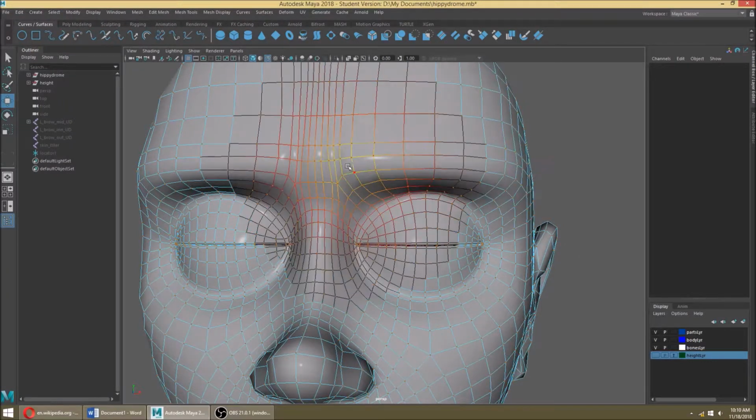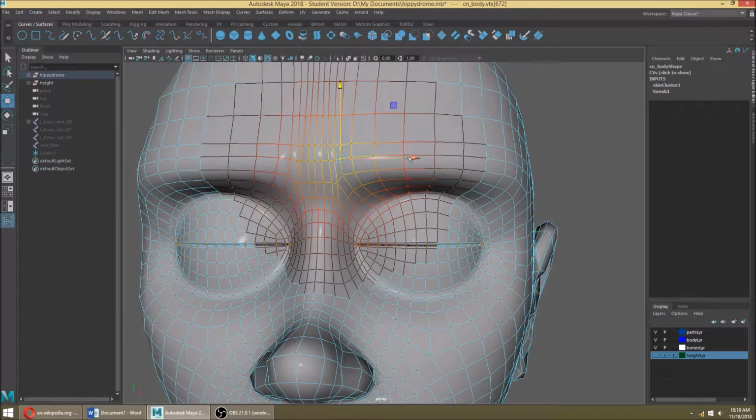So your brow rig needs to be able to grab the brow and move it left and right. This is a little extreme in that area, but just a demonstration, as well as up and down. This crease, though,